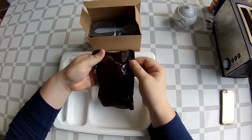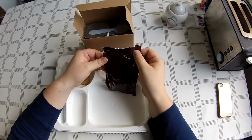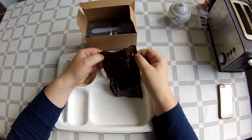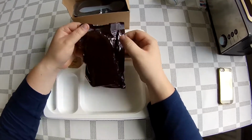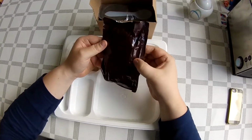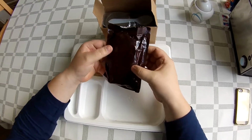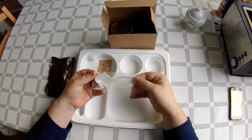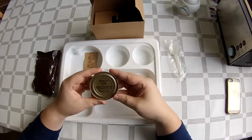As this is a ration from 1978, that means it doesn't have the cigarettes in it, because they were no longer in MCIs after 1972, I think it was. So these here contain matches, chewing gum, toilet paper, instant coffee, cream substitute, sugar and salt. There's the certificate. Of course, here's an MCI spoon, one can of peach jam,